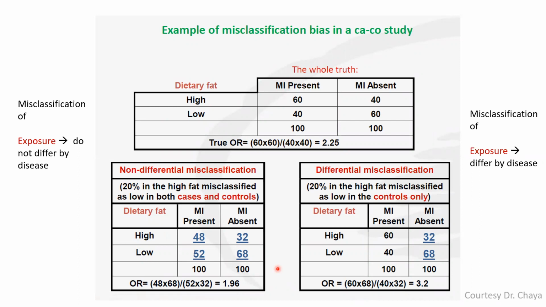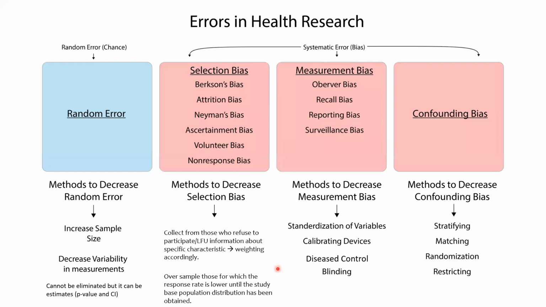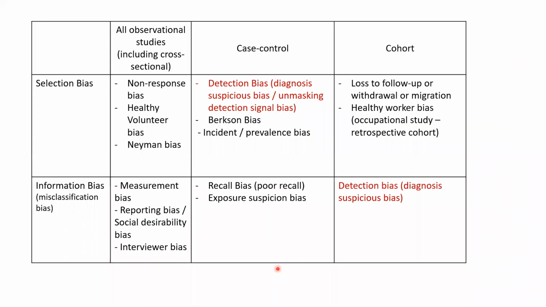How do you feel about bias? Do you feel it's a complicated concept? Do you feel it's clear? It's clear. It's not complicated. But when we took the example regarding the non-differential